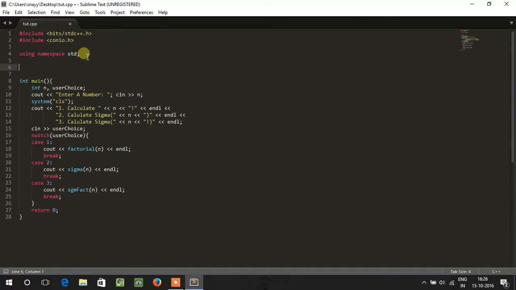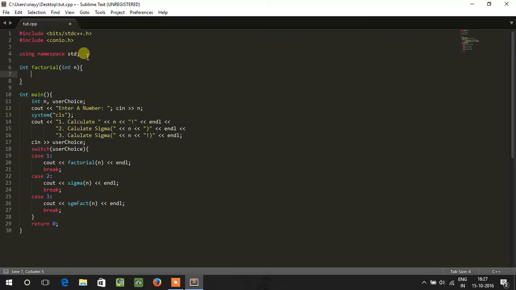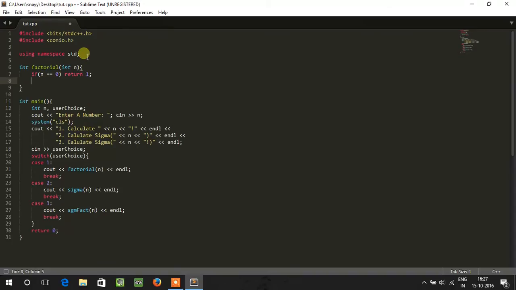Now I have an integer function factorial which takes an integer parameter. I can have it this way or I can have it this way. Let me just explain what the function does right here. I'm using recursion: return n times factorial of n minus 1,